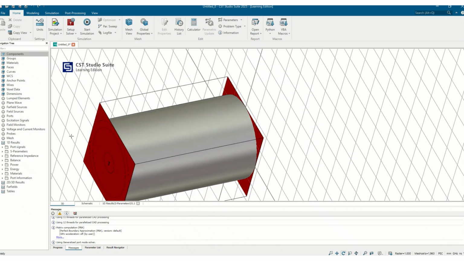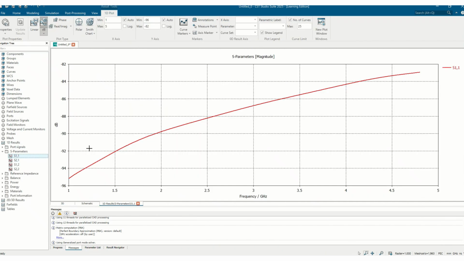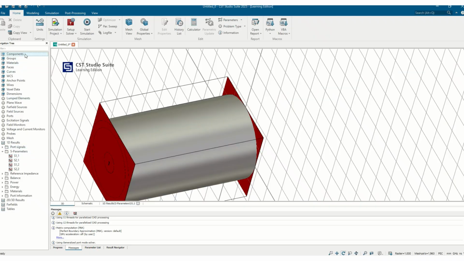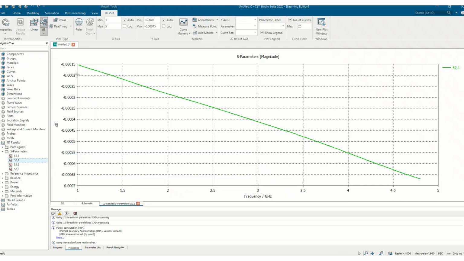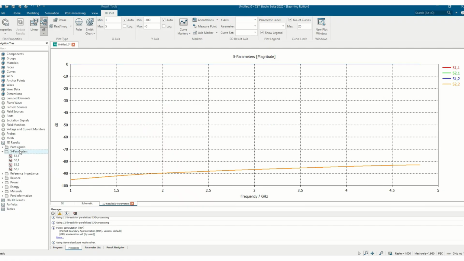Okay, so the simulation is complete now. If you go to the S parameter, you can see the S11 performance like this. Here you can see that it is very low value. That means that whatever is given at port 1 is completely transmitted to port 2. And S21, you can see that it is very low value. That means that there is no loss, and whatever we are giving on port 1 is completely transmitted to the